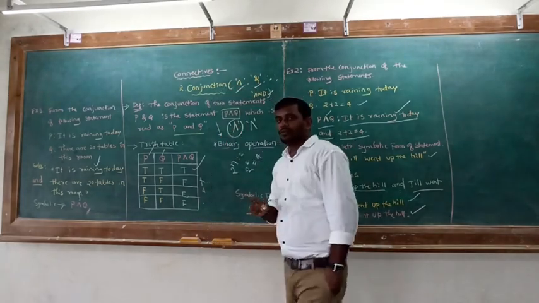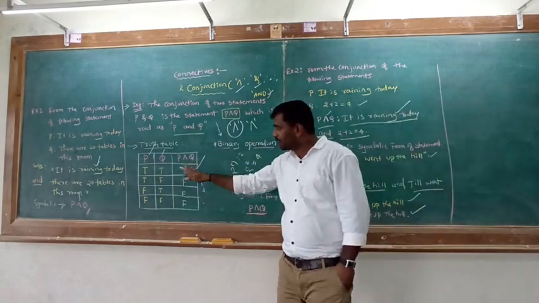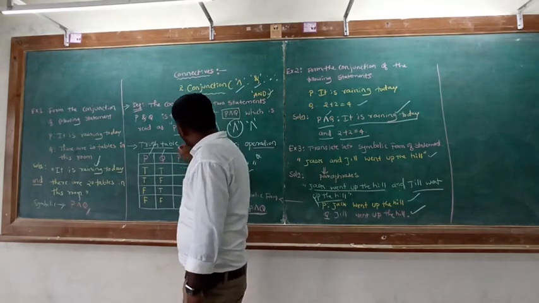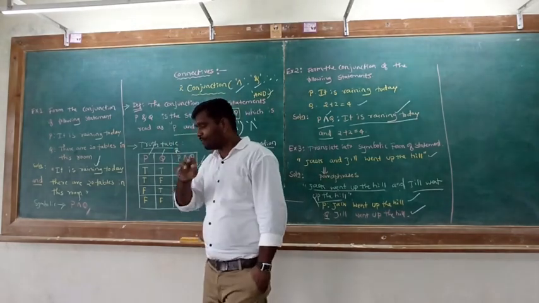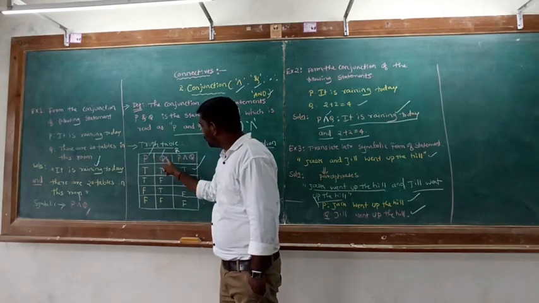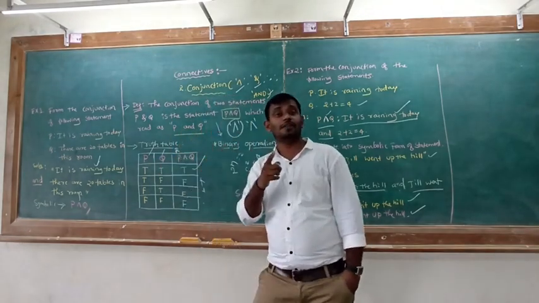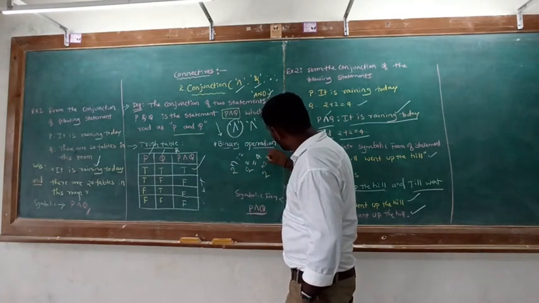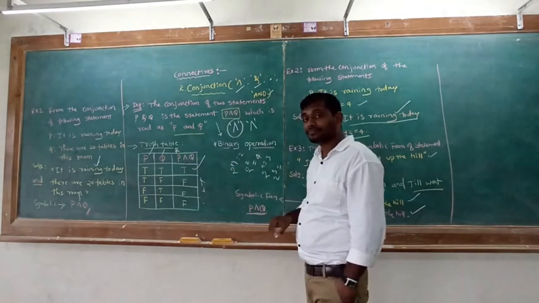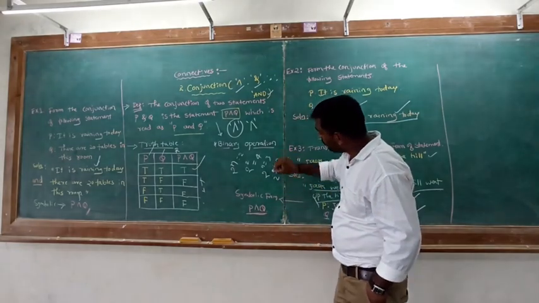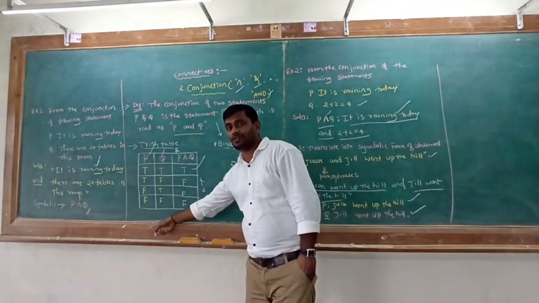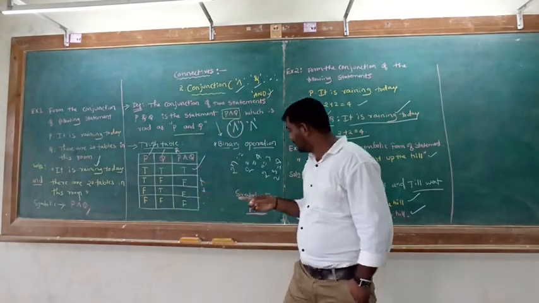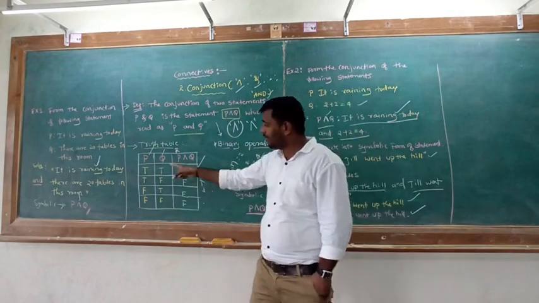Okay, so remember this truth table. Truth table is very important. Suppose you have three primary statements P, Q, R, then the possible values will change. That is 2 raised to n, with n equal to 3. So 2 raised to 3 is 8. So the number of possibilities will be 8. Here there are only two primary statements, so the number of possibilities will be 4 only.